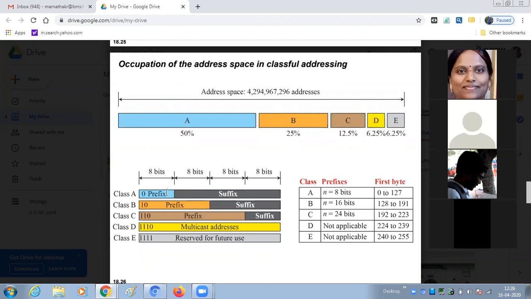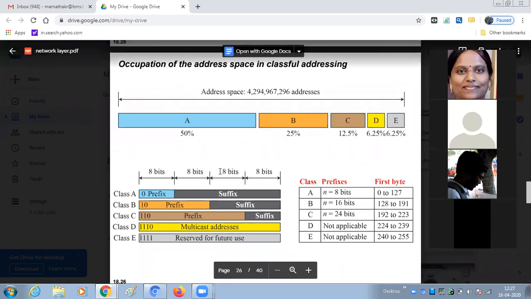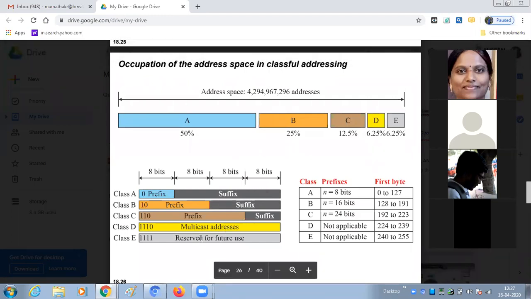Here the prefix is small, only 8 bits out of the 32. Only the first 8 bits are for prefix, and the remaining are for suffix. Whereas in class B, the first 16 bits are for prefix, and the next 16 bits are used for suffix.